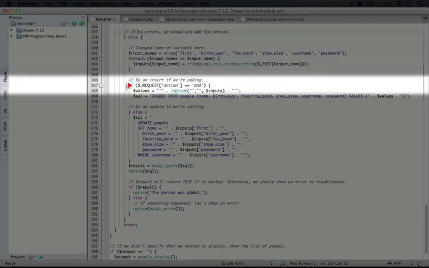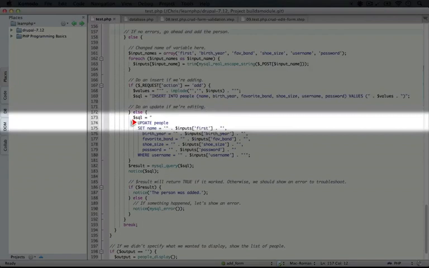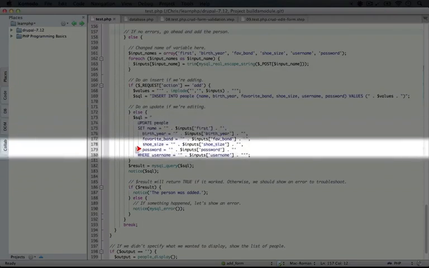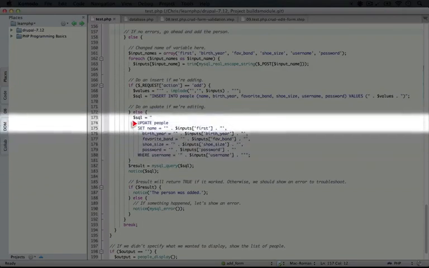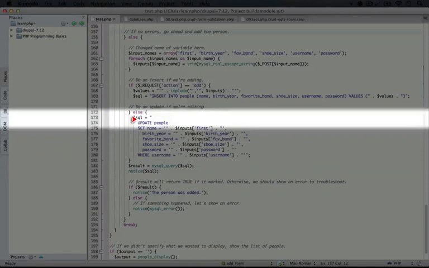Next, we're checking to see if this is an add action, which it's not, so we're going to skip this, and then we're going to build an SQL statement that's proper for an update query. So here what we're doing is we're actually formatting our query to make it a little bit easier to read. This is just a demonstration that you can add extra spaces and new lines, just like you can in PHP, into an SQL query for any reason, particularly if it makes it easier to read.